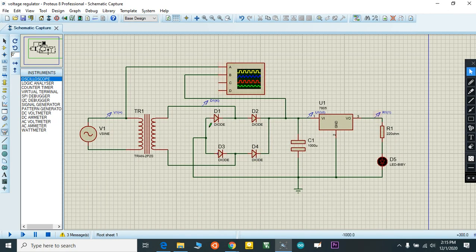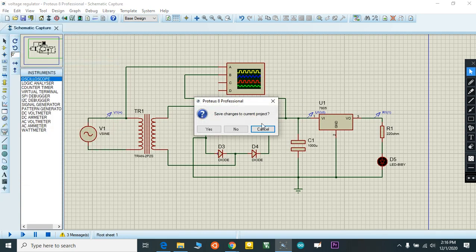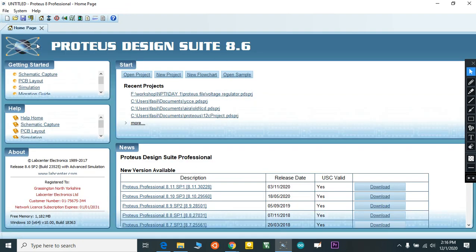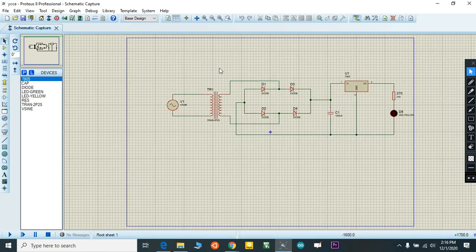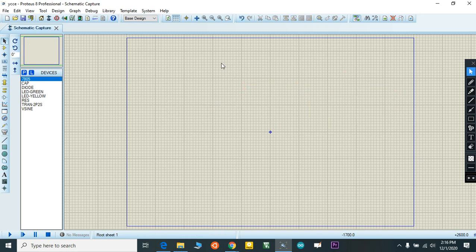So in this circuit we just designed a voltage regulating circuit, that's it. But we are actually using an Arduino board. So how to add an Arduino board into Proteus? See, I'm using my previous file. I am removing this. Okay, this is how to add an Arduino board, and throughout our next sessions we are taking this Arduino board for our simulation purposes.